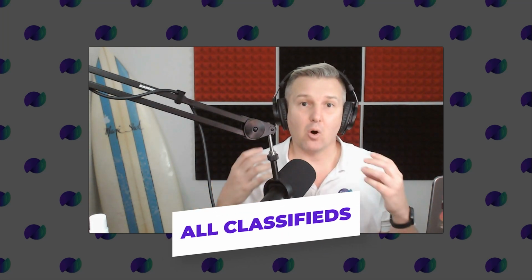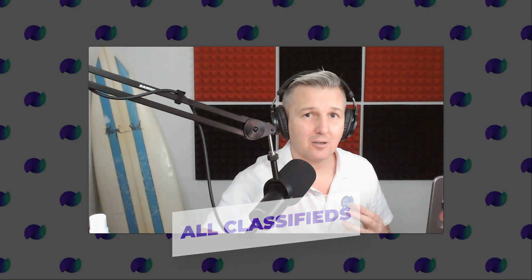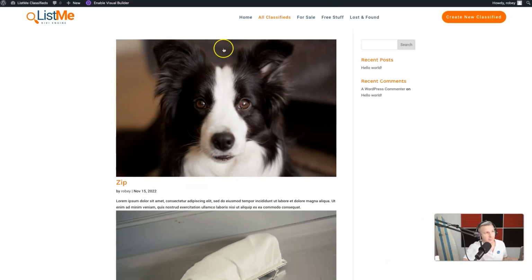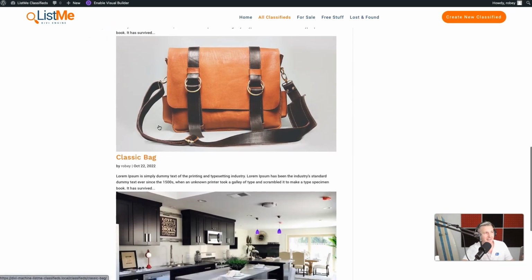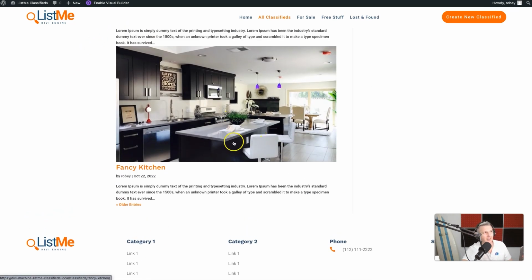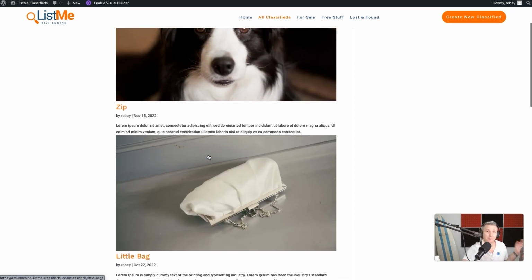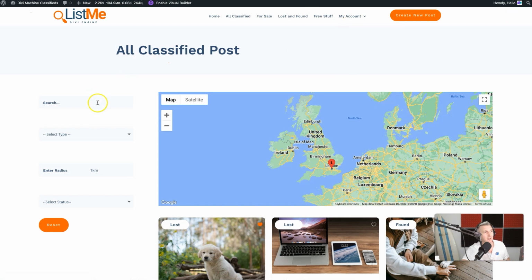We're going to start with the all classifieds page, and let's take a look at what it currently looks like and then what we're going to be building. So this is where we left things off, and this is our all classifieds page as it stands right now. It's using that ugly loop layout, but we're going to be replacing that with the one that we crafted earlier. And we are going to turn it into this piece of beauty, which is going to feature not only this